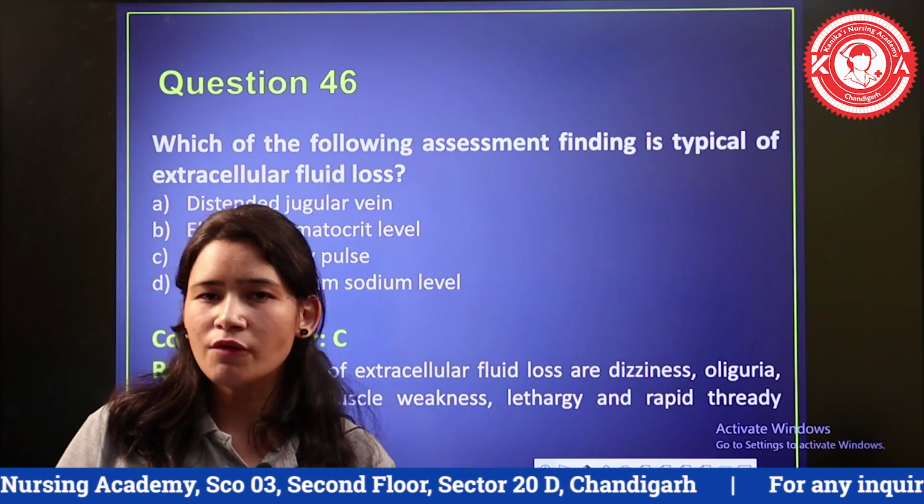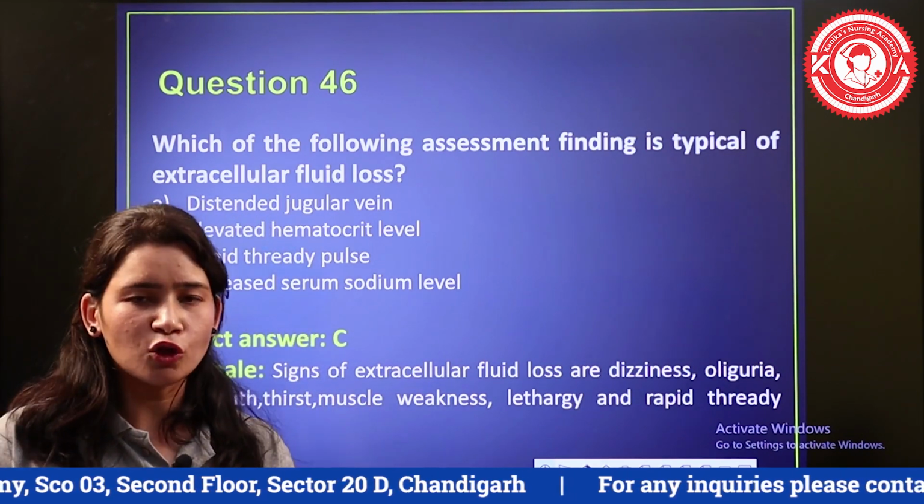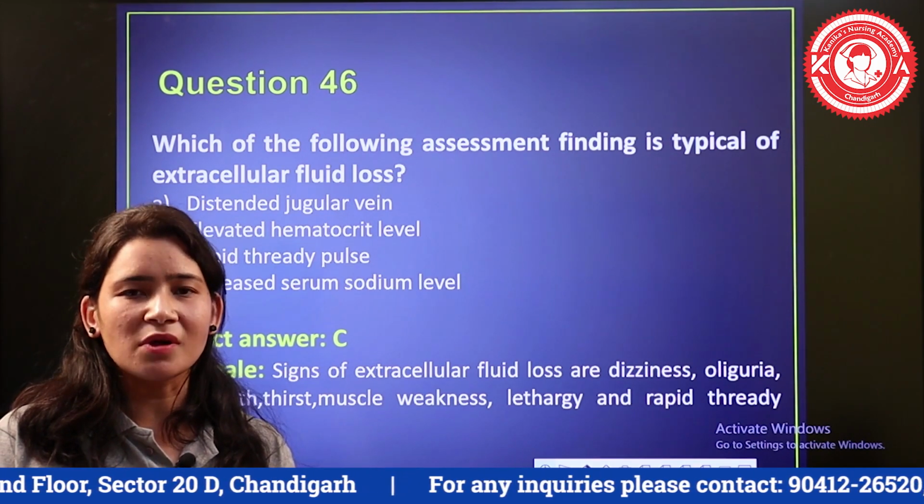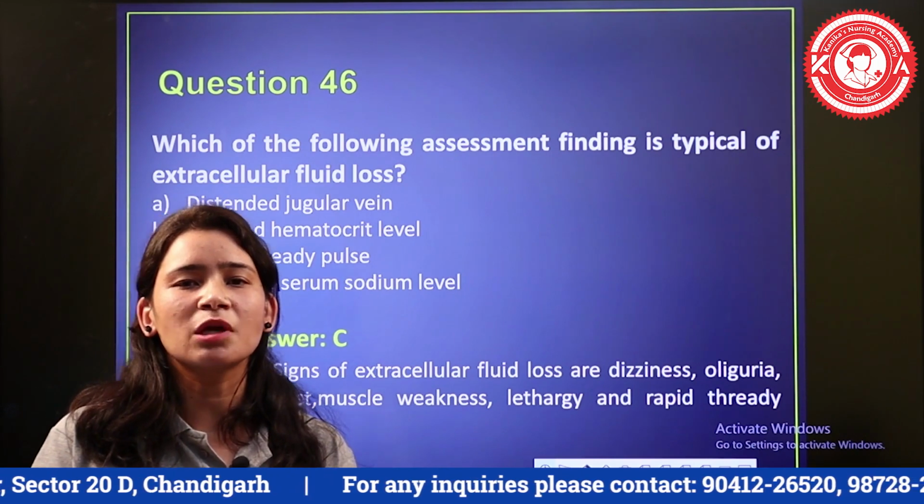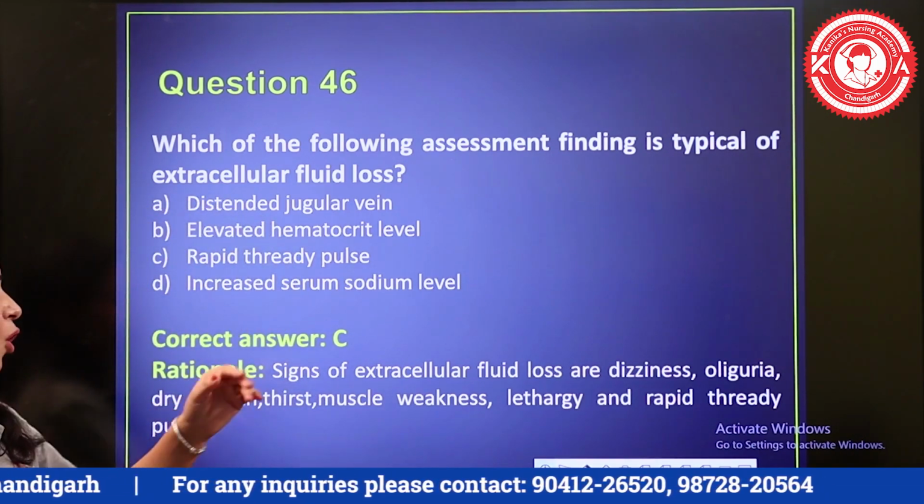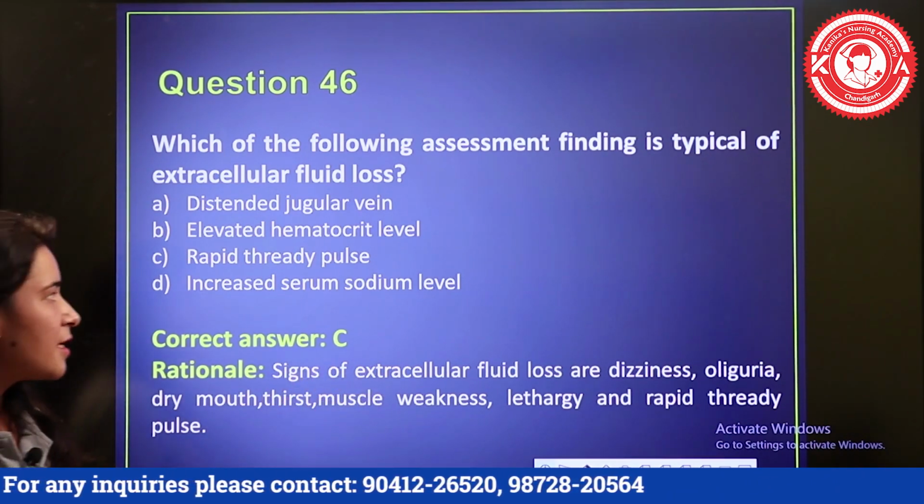तो सिंपल सी बात है कि यहाँ पे एक्स्ट्रासेलुलर फ्लूइड लॉस हो रहा है तो वहाँ पे हाइपोवॉल्यूमिया हो रहा है, और जब भी बॉडी में वॉल्यूम कम हो रहा है तो वहाँ पे सबसे अर्ली साइन होता है रैपिड थ्रेडी पल्स, दैट इज टेकीकार्डिया। नेक्स्ट साइन एंड सिम्टम इज हाइपोटेंशन होगा। उसके अलावा ड्राई माउथ, ओलिग्यूरिया, मसल वीकनेस, लेथार्जी, ठीक है। तो ये है इसके साइन एंड सिम्टम।